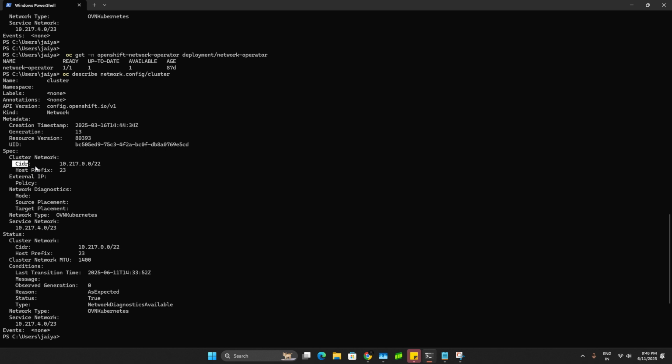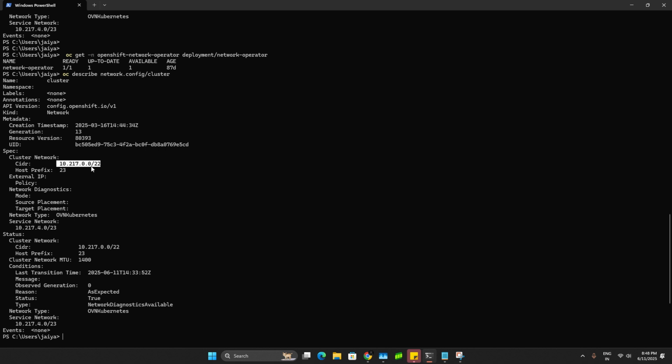For the pod, for the cluster IP, it will have a subnet of the 10.217 series of IPs that it will assign. That means approximately above thousands. I know that. So it has a huge number of IPs it can assign. So in this cluster it can assign a huge number of pods with this subnet.